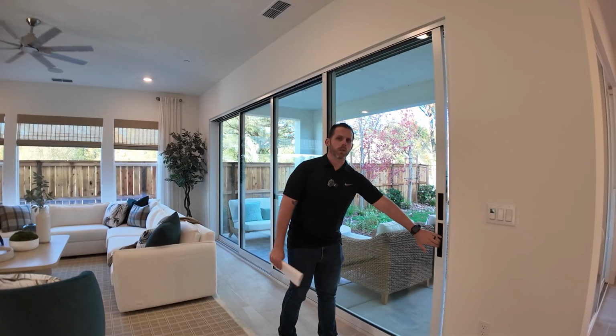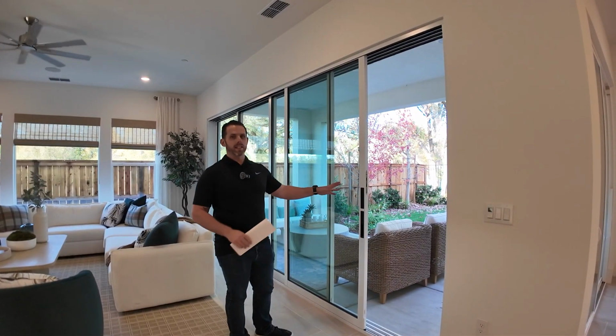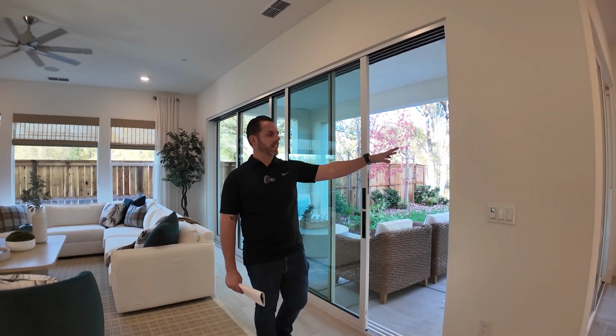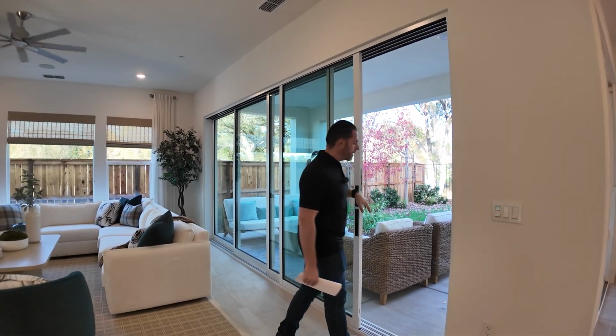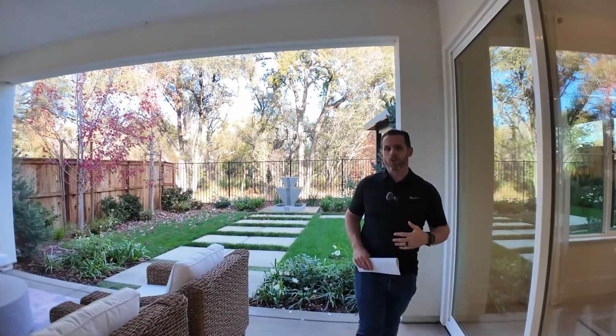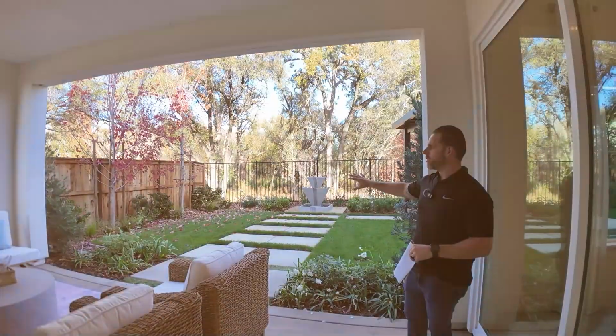Now, similar to what Lauren said to you in the last house, you are gonna have the quadruple pane slider, and it's also going to share a slider that's going to be an entrance point from the dining room. But the nice thing is coming out here, when you have really nice weather in California, you can enjoy it all year long. So you've got this nice California room. You do have access to open this up from the dining room as well too,